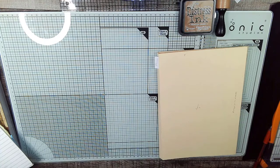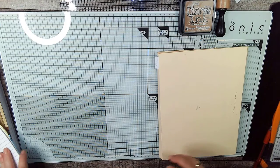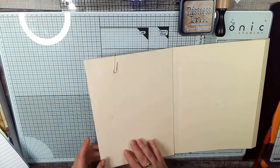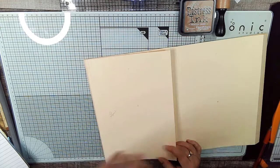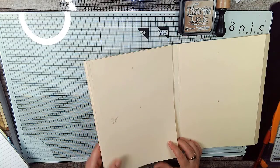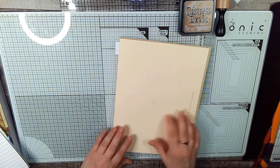Okay. And I'm also going to use a stamp on page 2, but we'll talk about that when we get to it. Okay, so now we're going to be doing page 2, which when you open our book is right here. Take that paper clip off. Now, on page 2, let me go back for just a second. On the cover, we need to mark pages 2